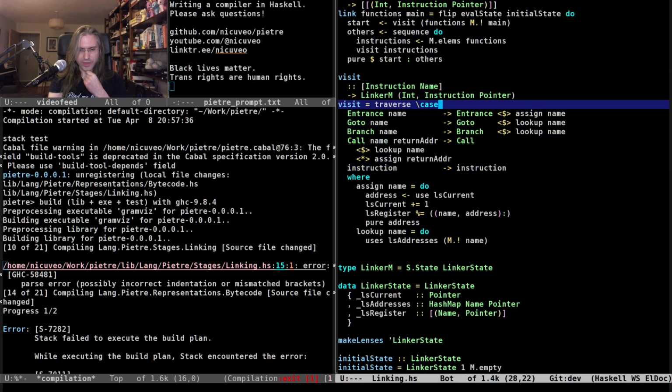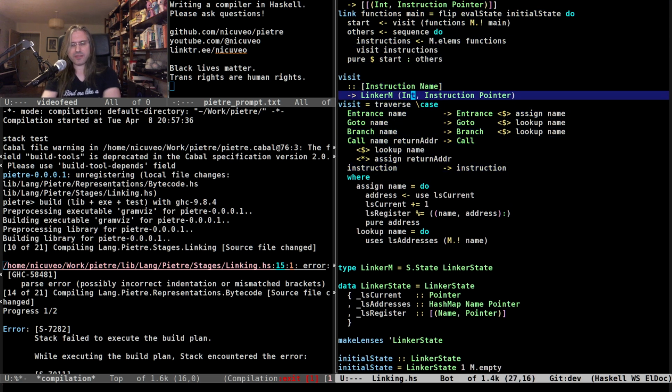Ah, no. Okay, this is wrong because we're not doing the int thing where we are counting the number of entrances. So I need to do something a tiny bit smarter than that. I guess I could do that at a later stage. I don't need to count that at this point. It would be useful to know.